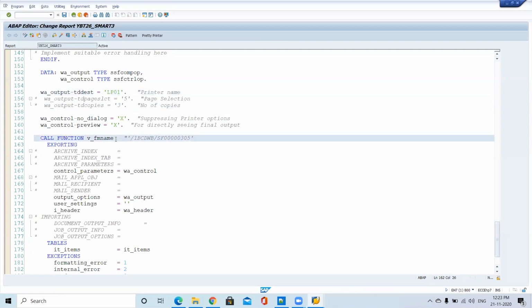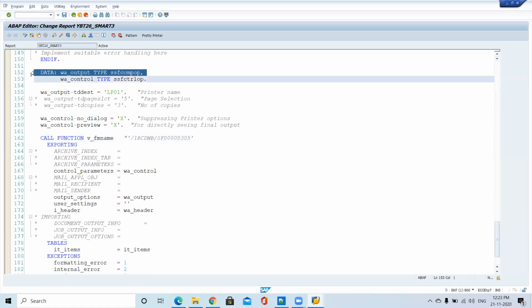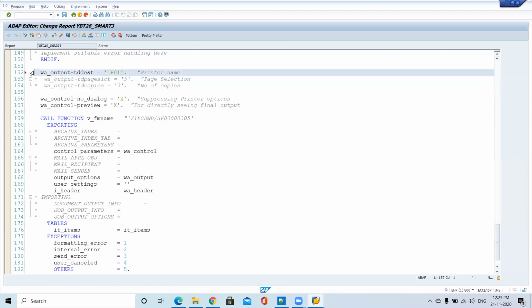The value is dynamic, not fixed, because today I'm using one type of printer, and after some time I remove it and create a new printer with a different name. Then I will modify it in the table, and here I will simply write one query and get the value. Clear? Any doubts in this?